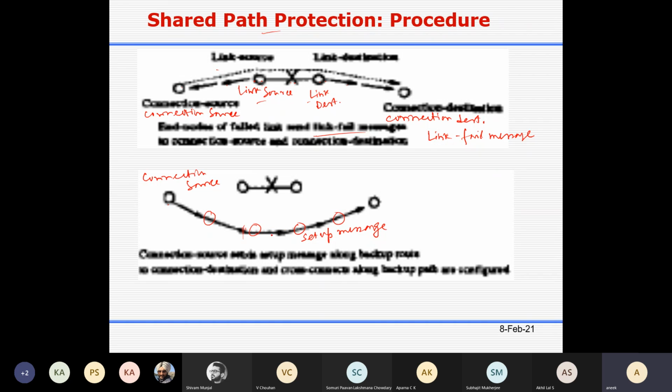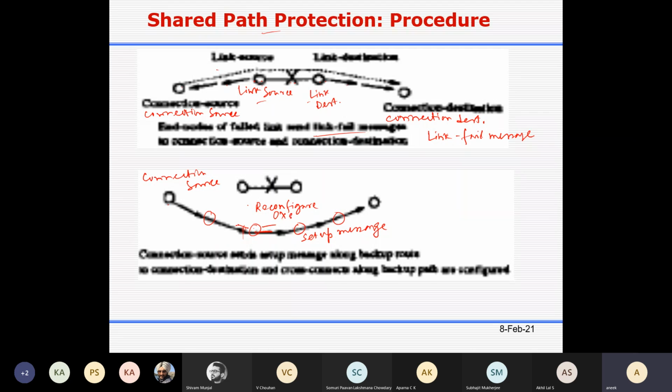Let's say this section was shared with other existing active paths. So here this optical cross connect needs to be reconfigured, because otherwise you cannot send your traffic in this path from this input fiber to this output fiber. You have to reconfigure it, so here you have to consider the reconfiguration time.